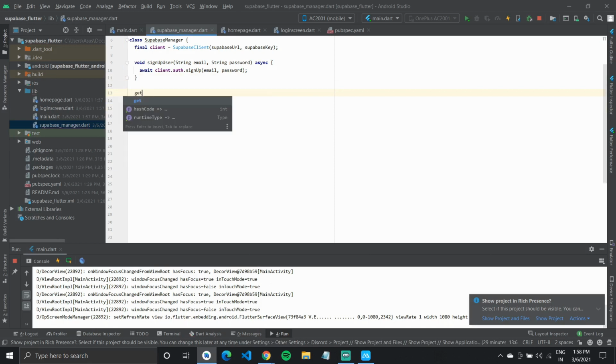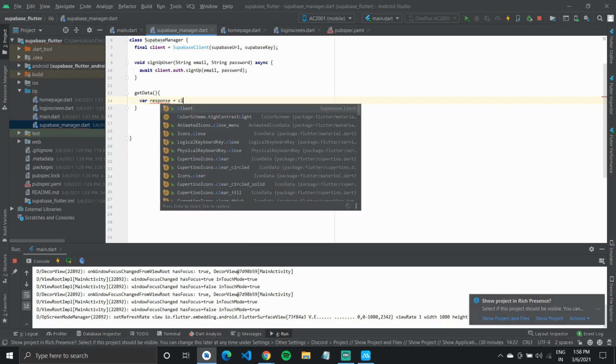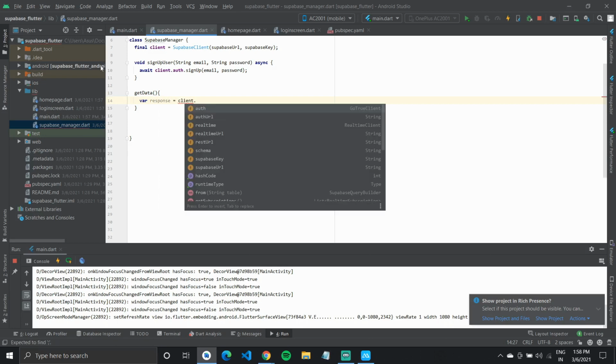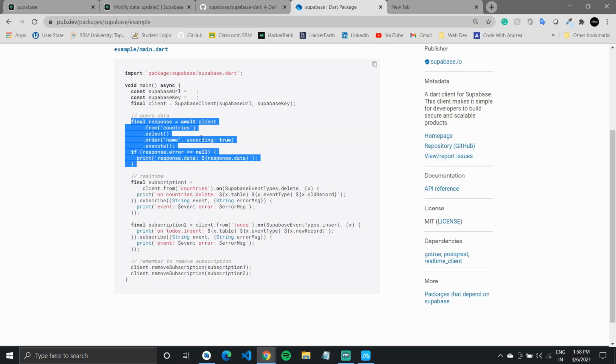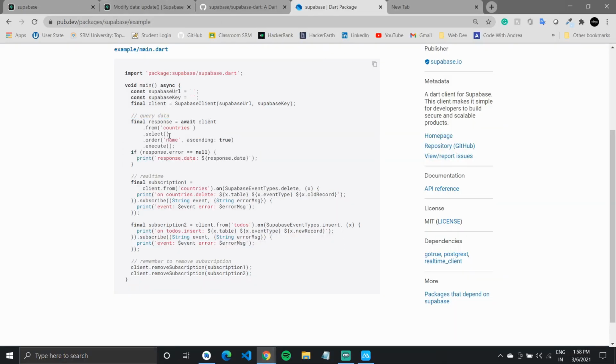I can create a function called get data. What it will do is create a variable response equals await client dot from, and we'll write the table name, dot select, dot execute.